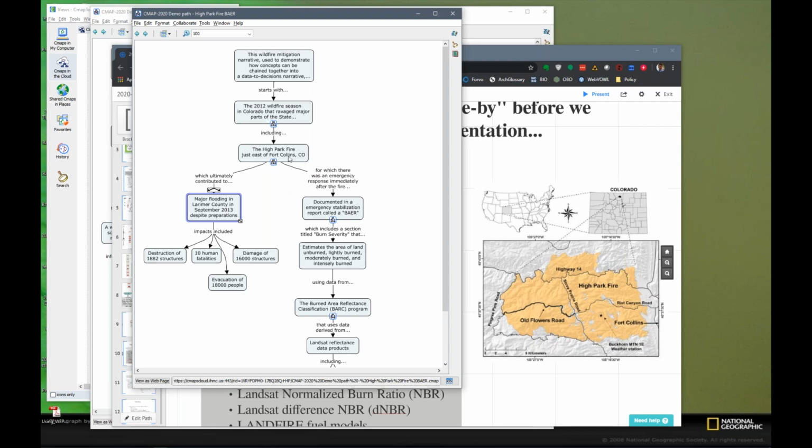Now, if you look at how the authorities responded to the High Park fire, once the fire was contained, they documented their stabilization needs, such as whether they need to build additional water channels to divert water that might be running down the slope in the case of a precipitation event. So they documented their emergency stabilization plan in something called a BAER, the Burn Area Emergency Response Plan,